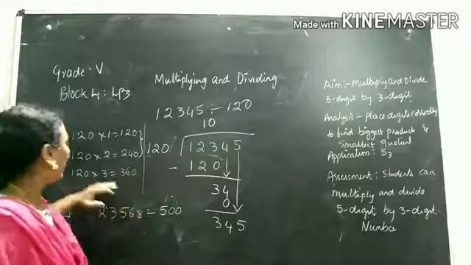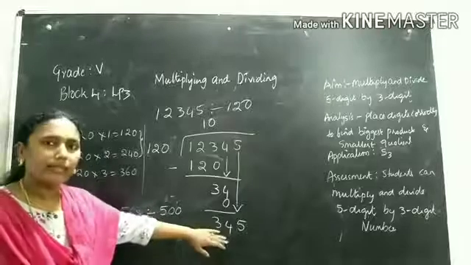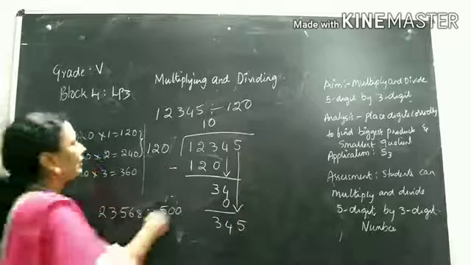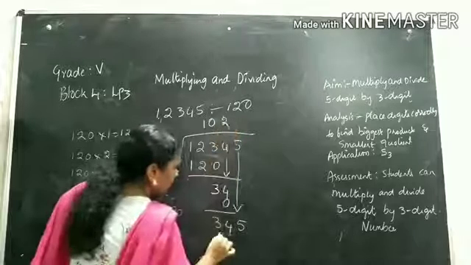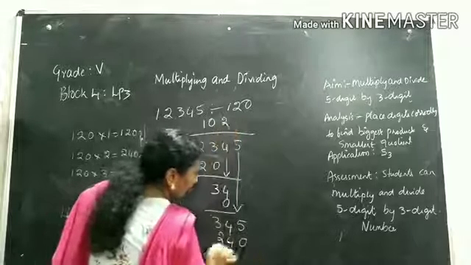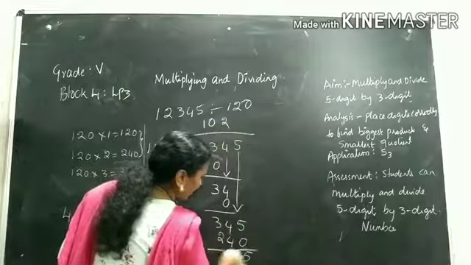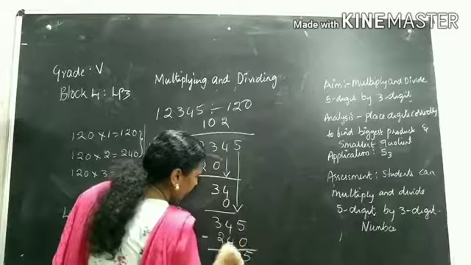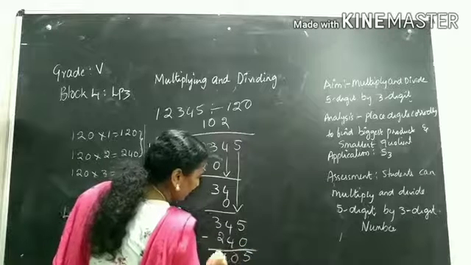Okay. Now here 360 is greater than 345. So I am going to take 120 into 2. 122 are 240. Subtract. 5 minus 0, 5. 4 minus 4, 0. And 3 minus 2, 1. And my remainder is